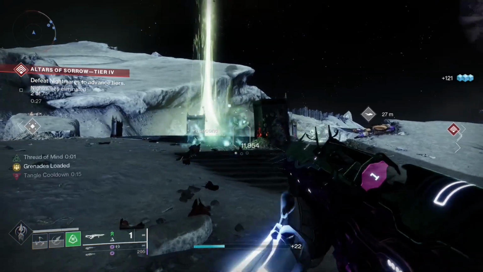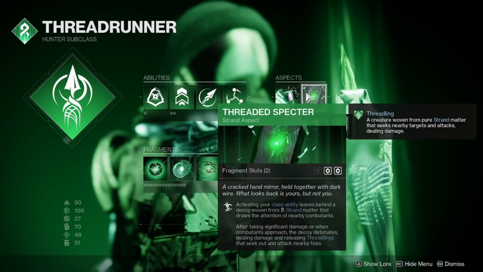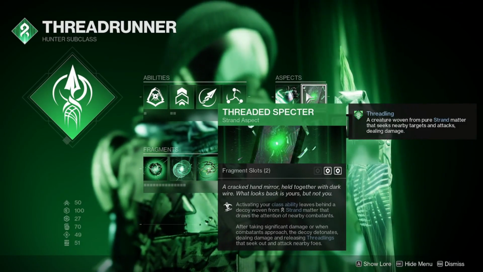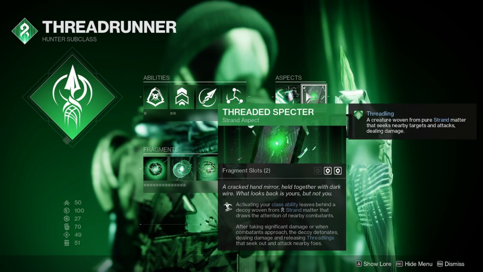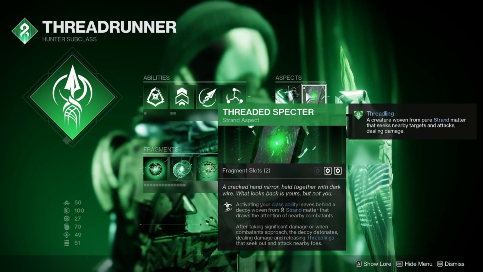Now, let's get into this build. This build takes advantage of the newest aspect for the Hunter, Threaded Specter. Activating your class ability leaves behind a decoy woven from Strand that draws the attention of nearby combatants. After taking significant damage or when combatants approach, the decoy detonates, dealing damage and releasing threadlings that seek out and